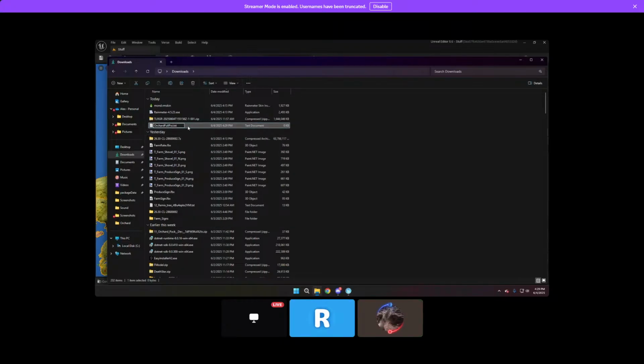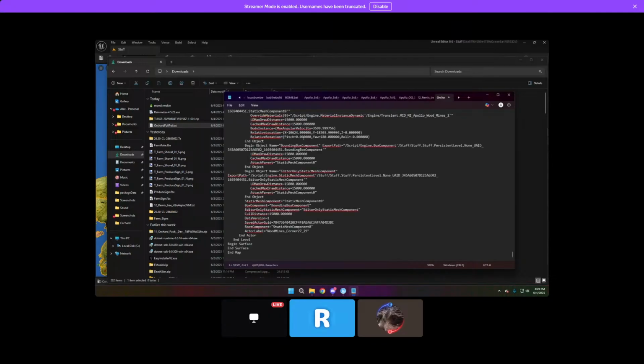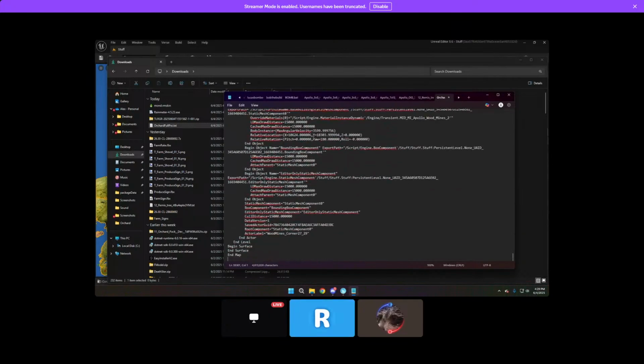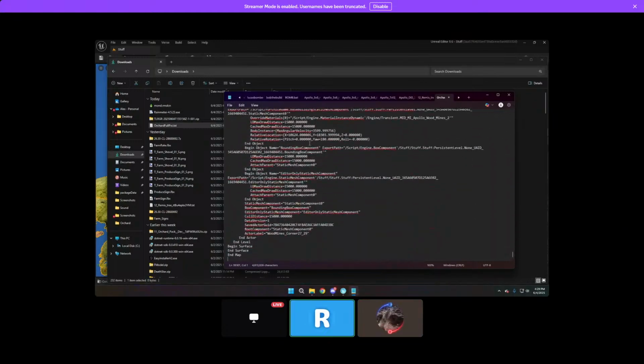Okay, open it up and paste in the stuff you just copied. Pretty cool, huh? Then save it, Control S. All right, it's saved to that file, so you can exit out.